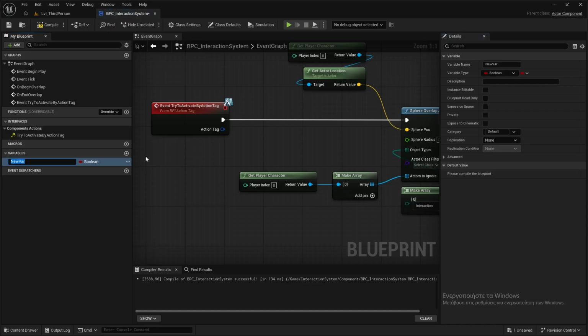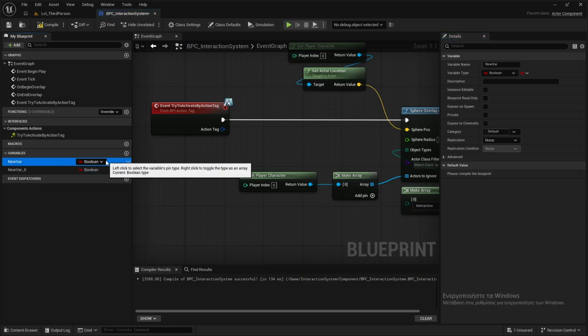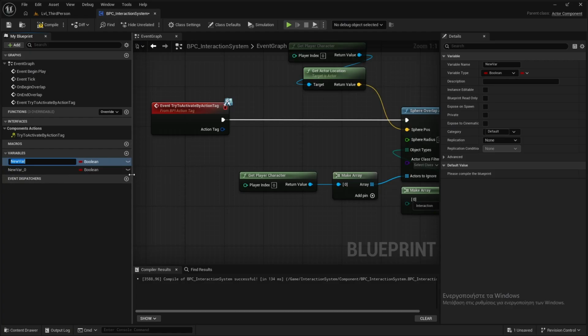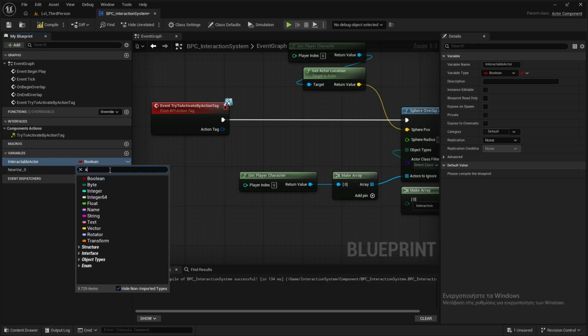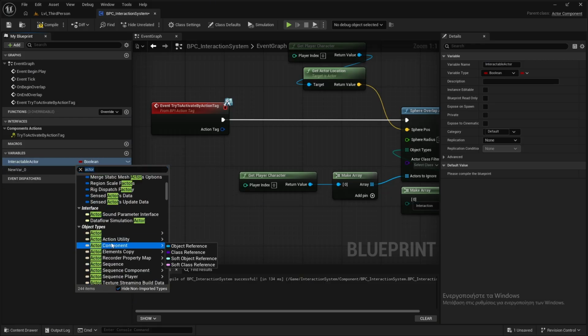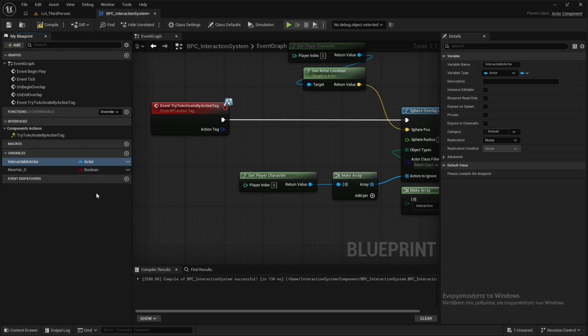And the other thing, I will give two variables. One is an interactable actor of type actor, and this will be an object reference because it's already in the world, and the gameplay tag,